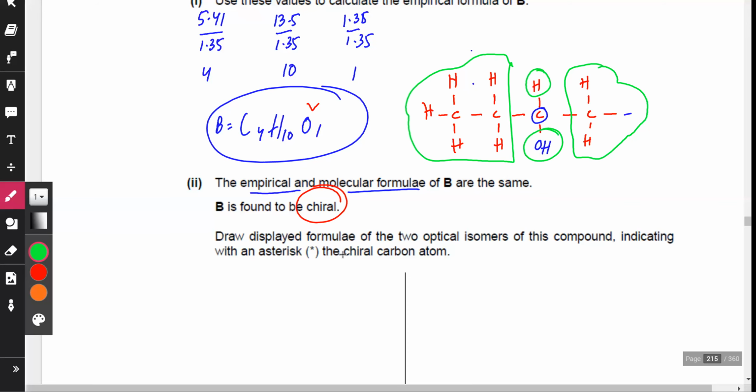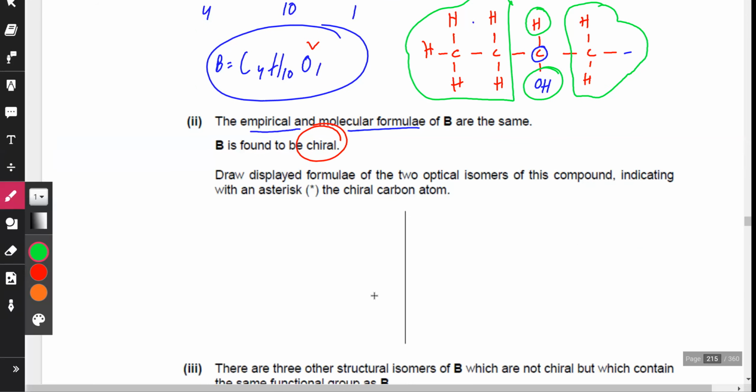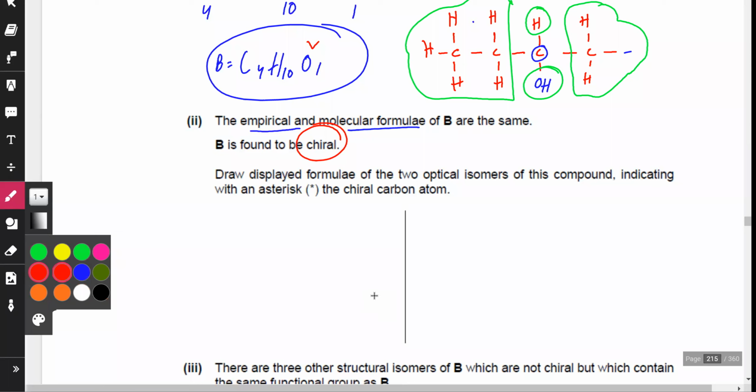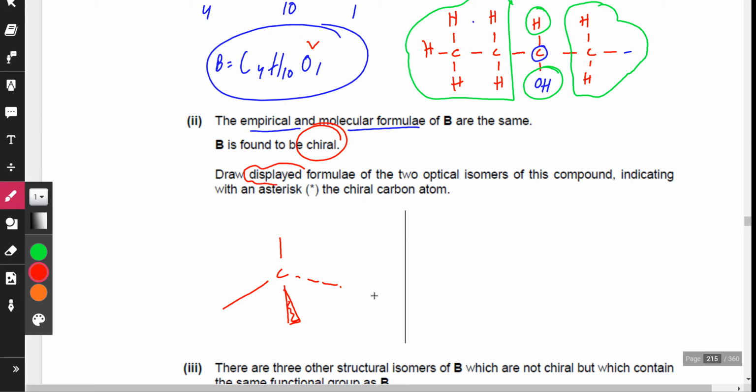So now it's chiral, and he's asking to draw both of its optical isomers. So you can do that. It's going to be carbon, make the chiral carbon atom tetrahedral. And keep in mind he's asking for a displayed formula. If he says displayed, then you're bound to draw every single bond. So it's going to be CH3 on the right side, that's CH3. H on top, OH at the bottom. So there's H, and you have to show the O and H bond as well. And here there's 2 C's, CH2,